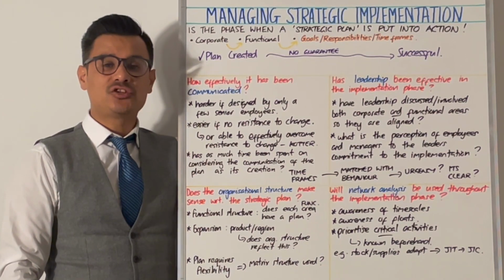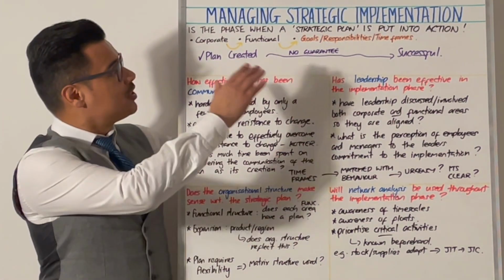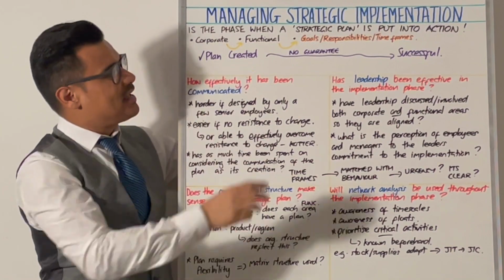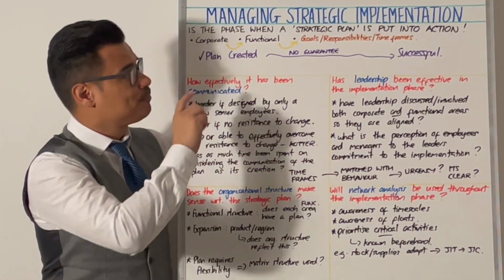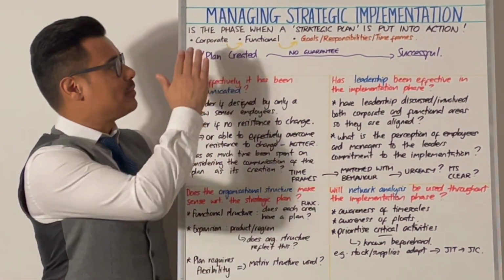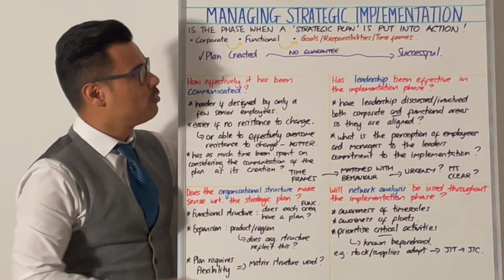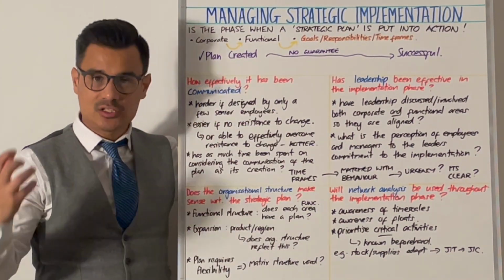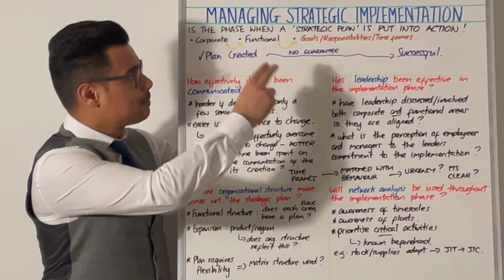Session on managing strategic implementation. So strategic implementation is the phase when a strategic plan is put into action. That could be at a corporate level, a functional level, and there'll be goals, responsibilities, and timeframes associated with that